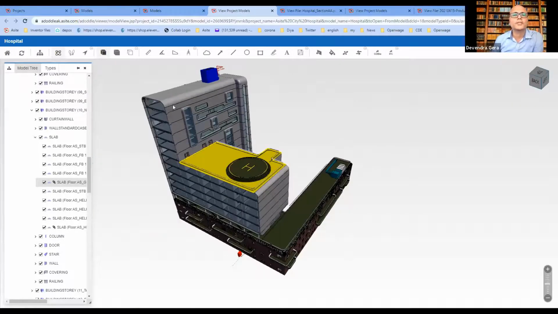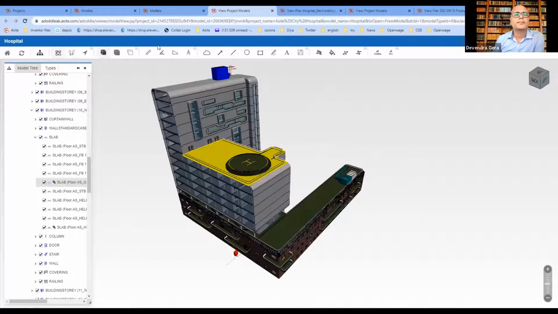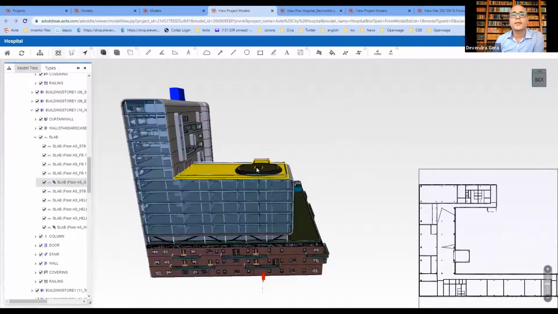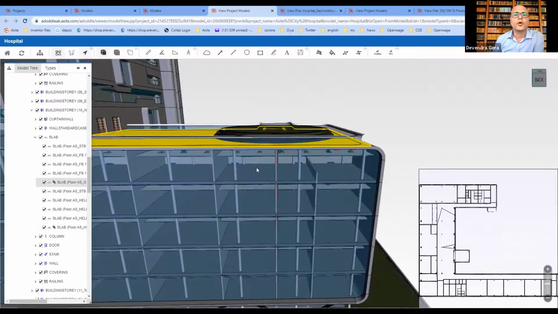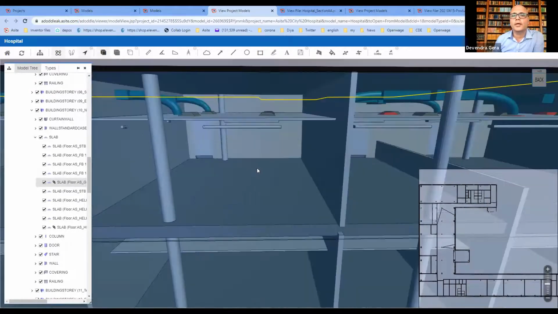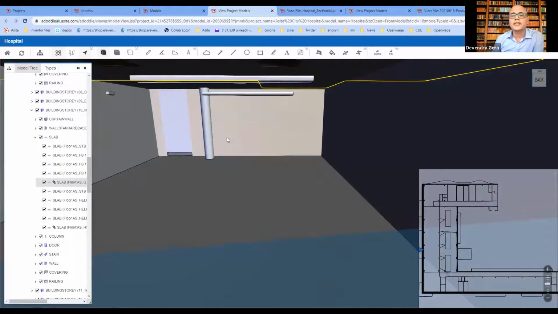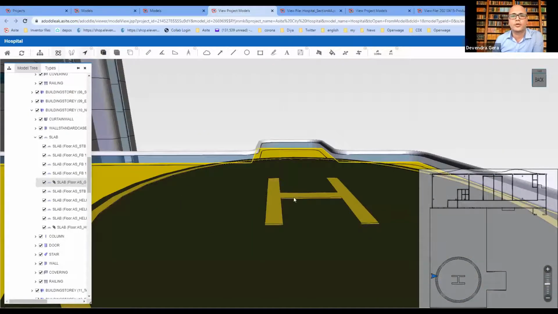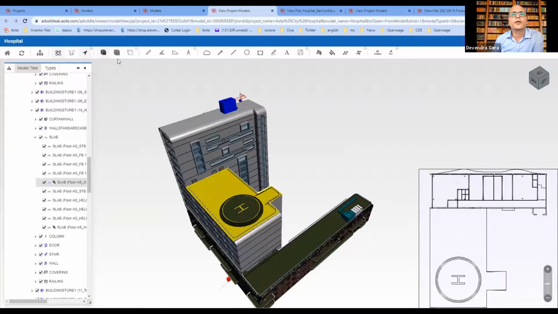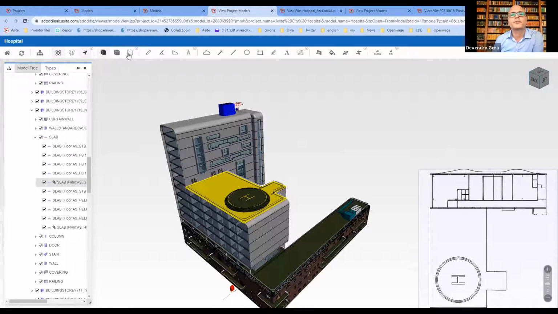And then if I talk about all the other options which are available in the ribbon, as we saw before, we can associate the 2D plan when I'm either walking through the model, or using the orbit mode. As I change the floor, the plan also changes, which is awesome. Go back to the home setting, and then various rendering options which we have, various measurement options which we have.